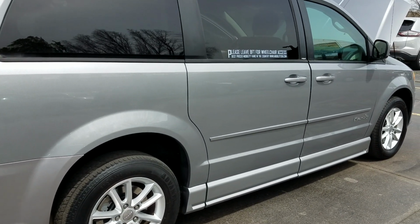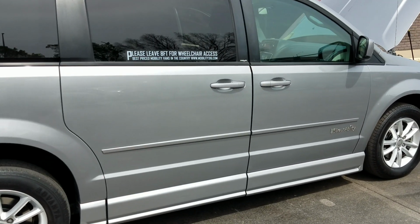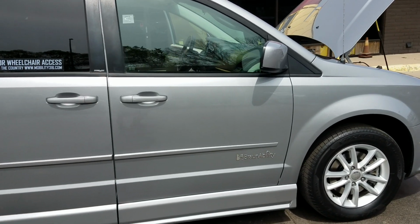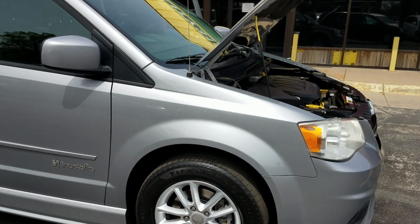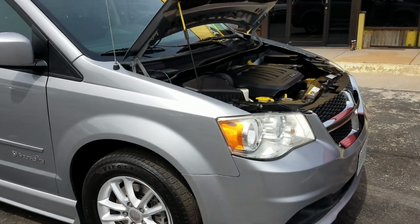Tell me what happens if you end up buying a van and you can't get a title for it because you're dealing with somebody shady. Or what happens if you end up buying a van that's got frame damage from an accident or a flood. In both those situations, you won't be able to register your van. If you can't register it, you can't drive it. So you bought a van you can't even drive. So to avoid those problems and so many more,